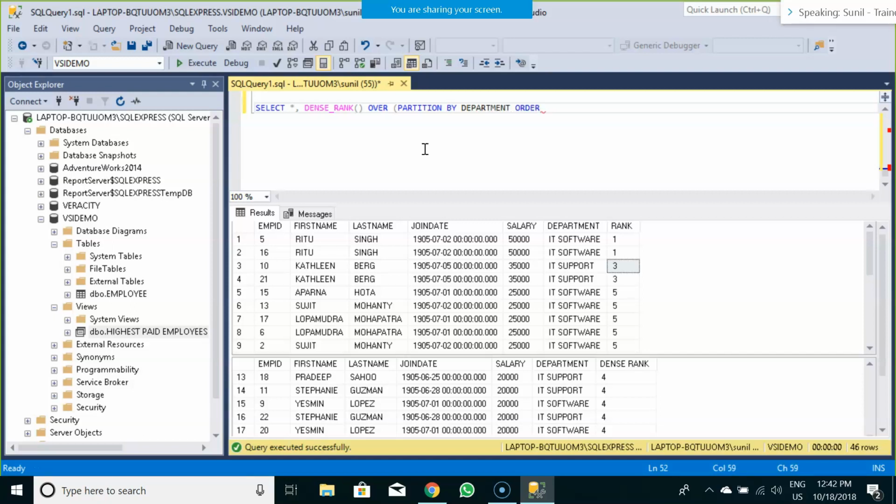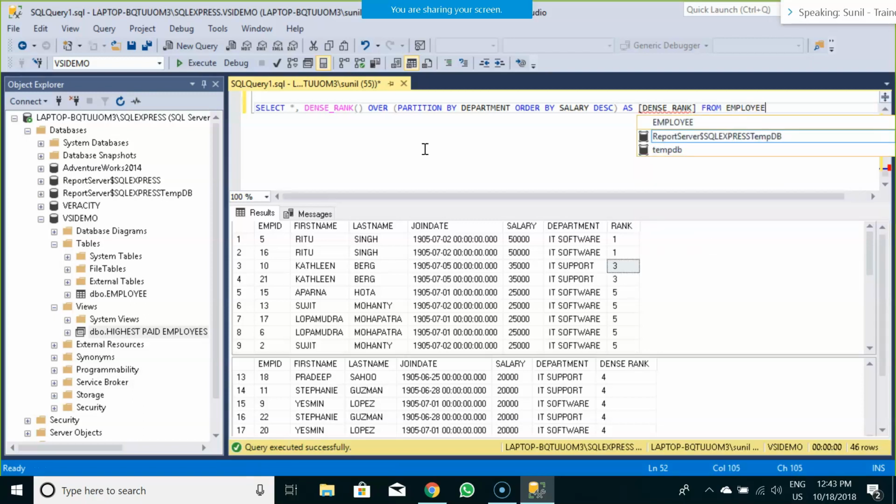I am putting a partition again on department ordered by salary in descending order as the alias, again dense rank, from employee.